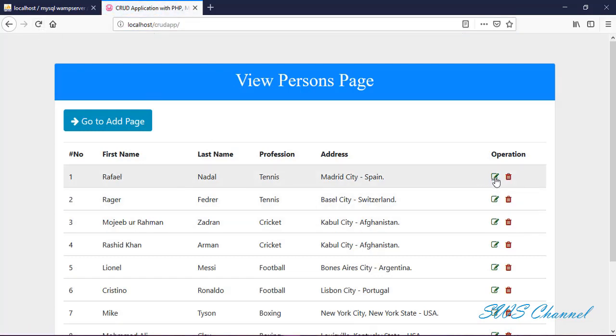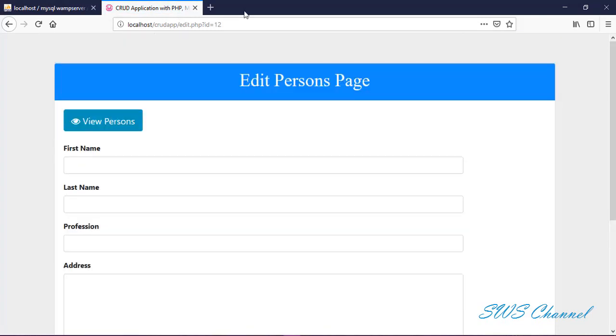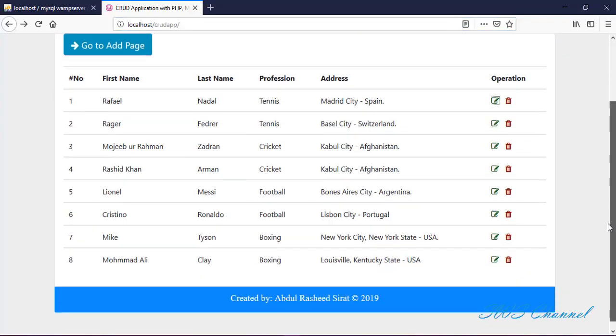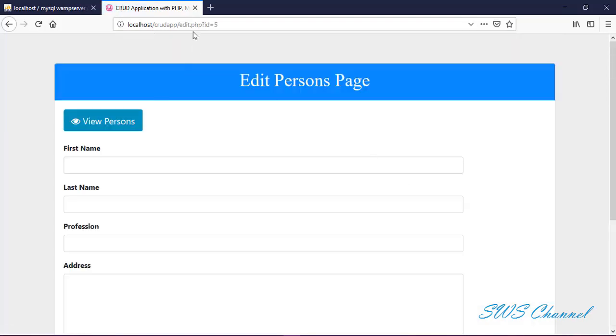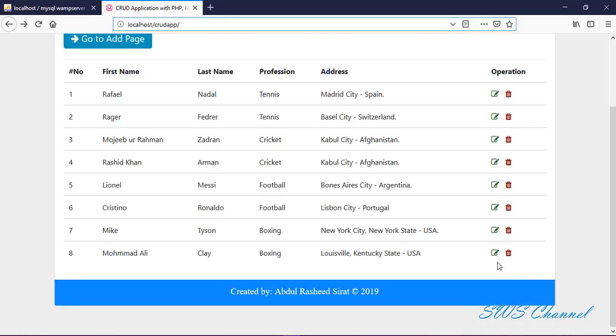And when I click this and we come to the edit page, you see in the URL that the ID of that row in the database is 12. Let's come here and click another one. Let's click this row, and in the URL we see edit.php and the ID of this row is 5, and this ID is from the database. For now